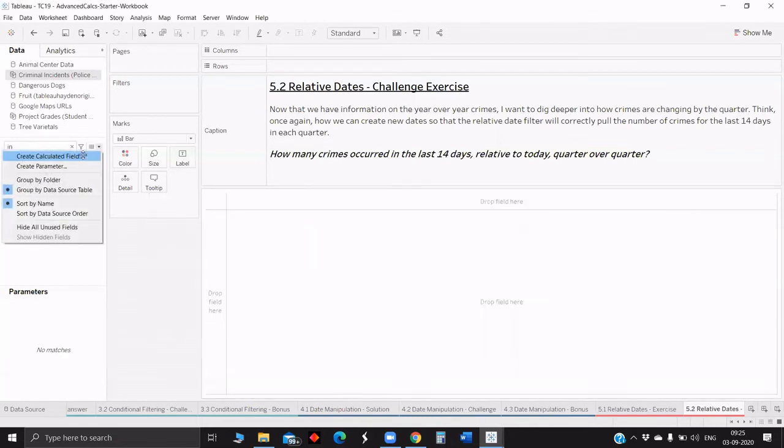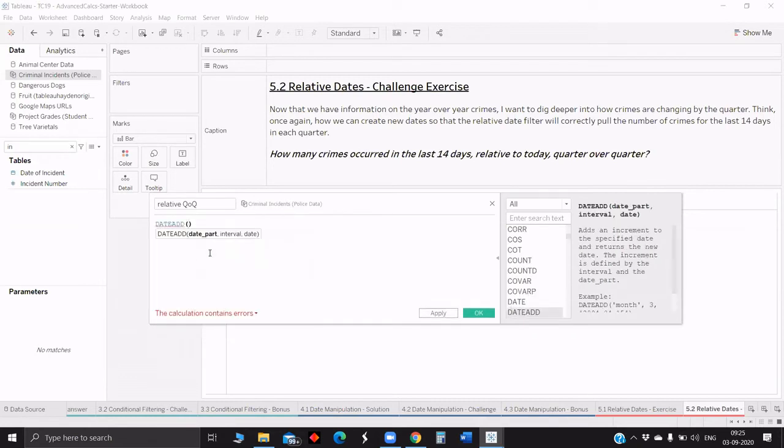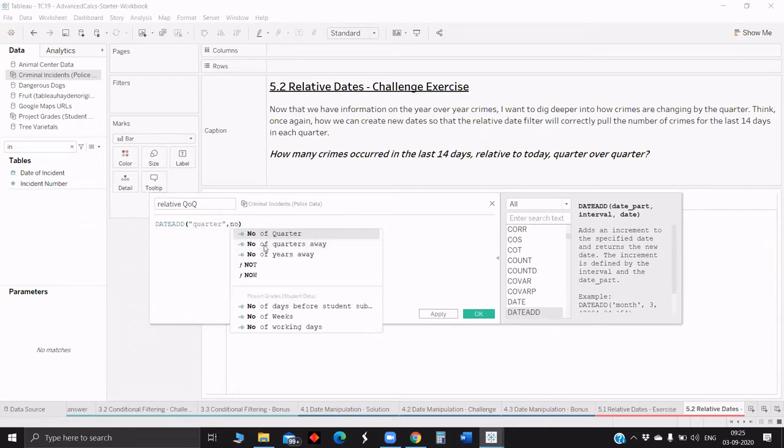Now we will create another field, relative quarter. Here we will add, so the date add function, and the date part will be quarters again. The interval we will pass dynamically by using the field which you created, number of quarters.